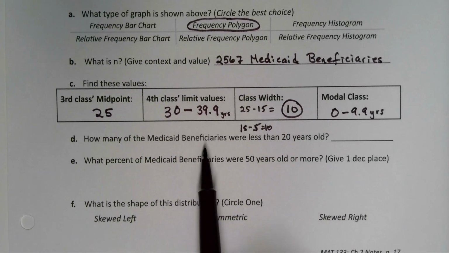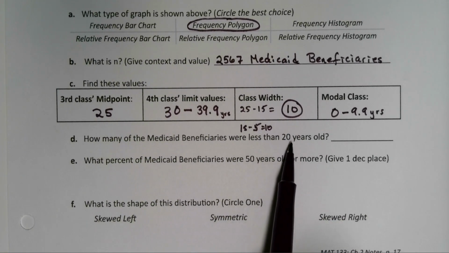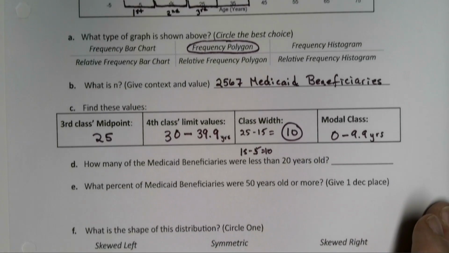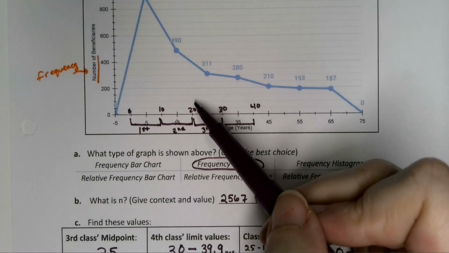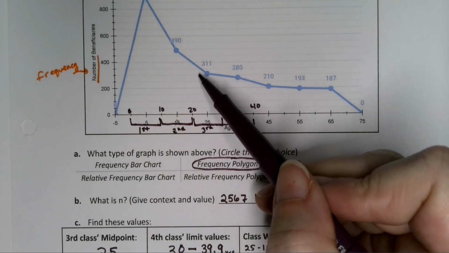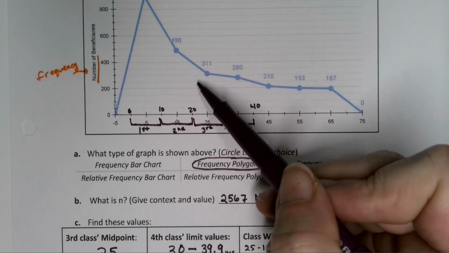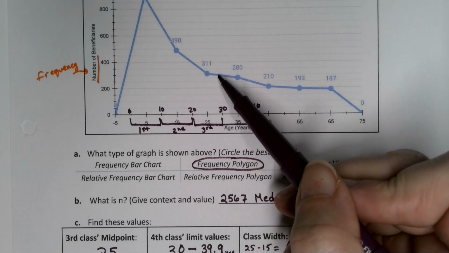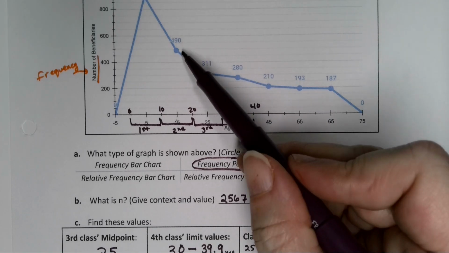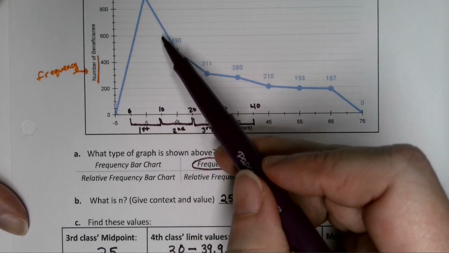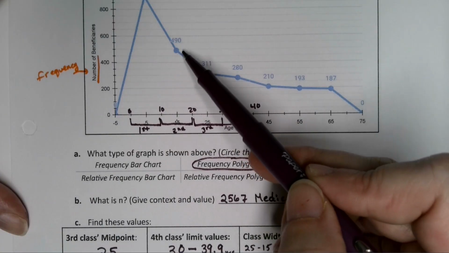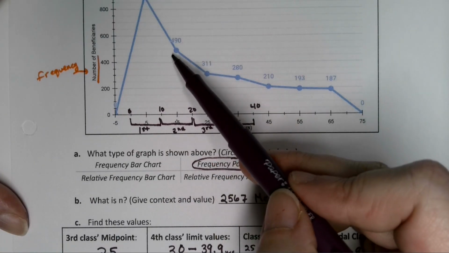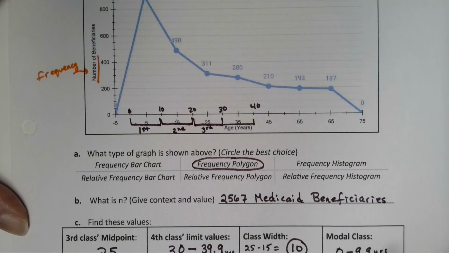All right, how many of the Medicaid beneficiaries were less than 20 years old? Well, less than 20, let's see here. 20 is the start of this class. So the 311 is with the 25, so that's more than 20. That's the 20 and higher. Less than 20 would be these two groups, because this is the 0 to 9.9-year-olds, and this is the 10 to 19.9-year-olds. So less than 20 would be those two numbers. So 896 plus 490